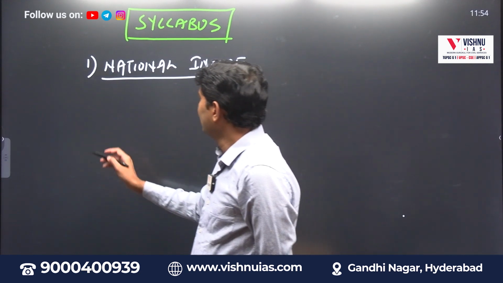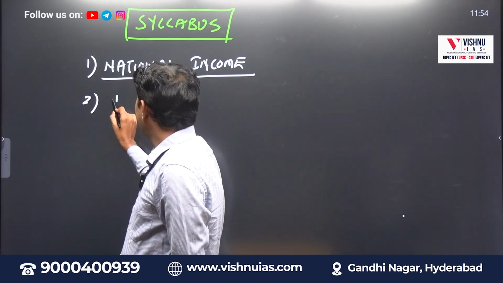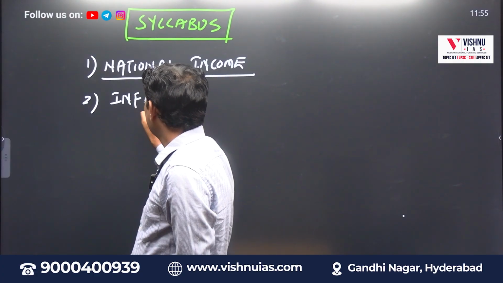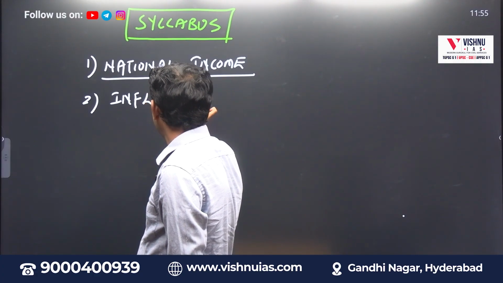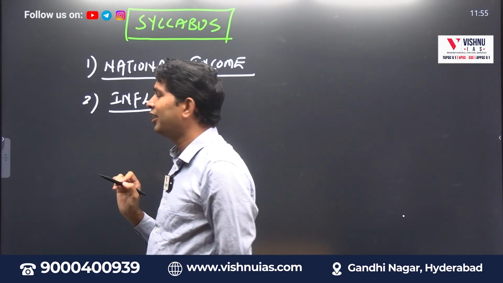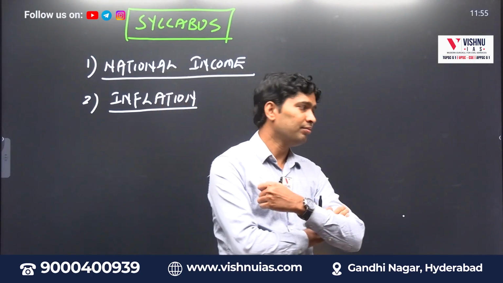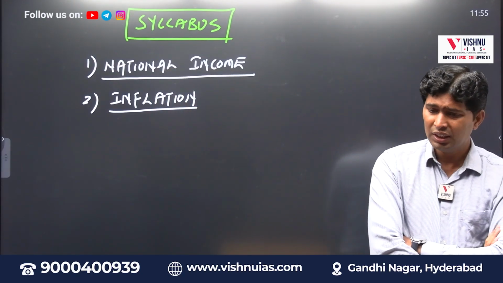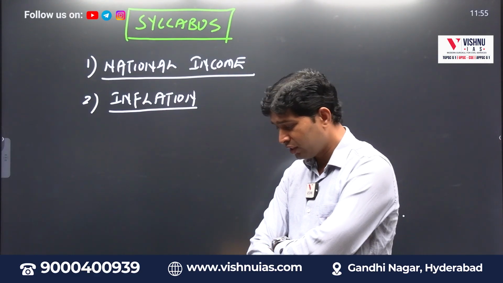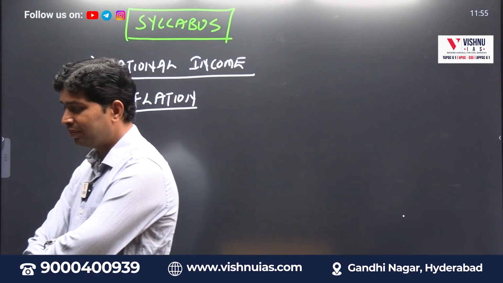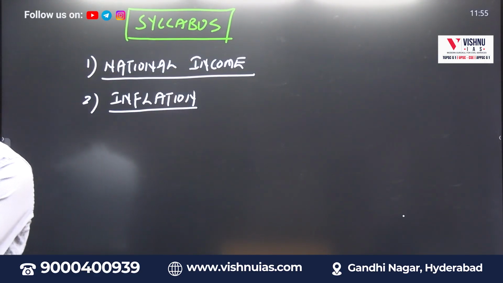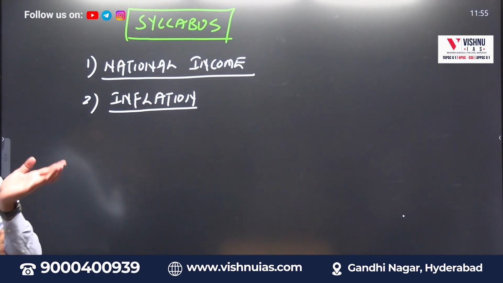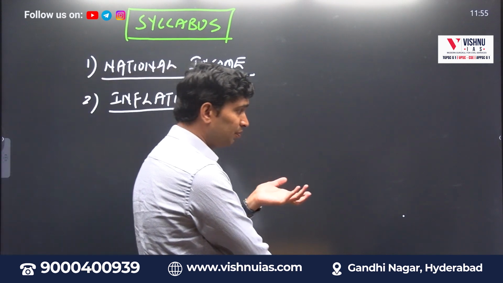Next, the brother chapter or sister chapter which is the examiner's favorite because he is also getting impacted. That is called inflation. Price theory, types of goods, free good, economic good, shopping goods, special goods, luxurious goods, price demand theory, wholesale price index, consumer price index, inflation based on causes, inflation based on growth rate, inflation tax, inflation premium, Phillips curve.